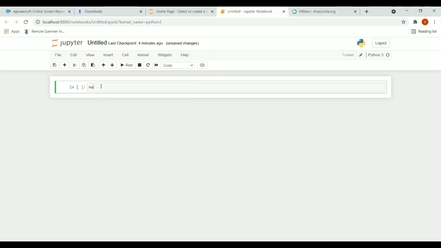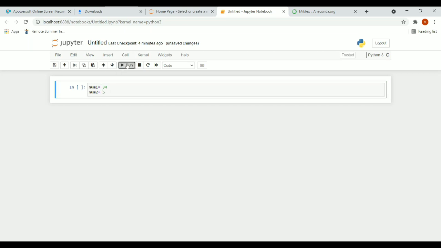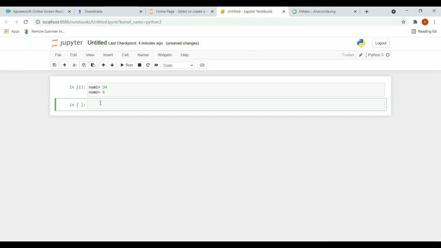First we'll see a basic program, like the addition of two numbers. I am taking two numbers, number 1 and number 2. So these are the two numbers we have taken. Now we'll add the two numbers.